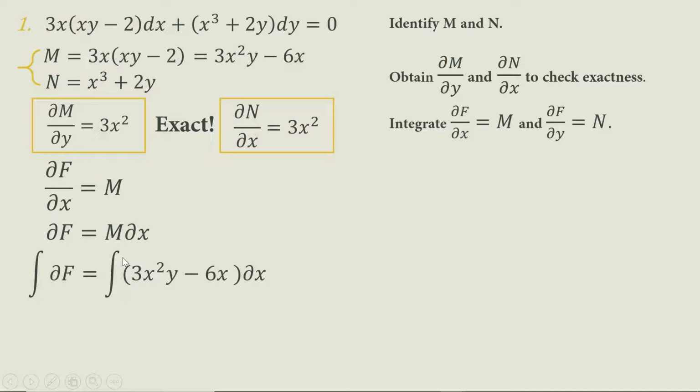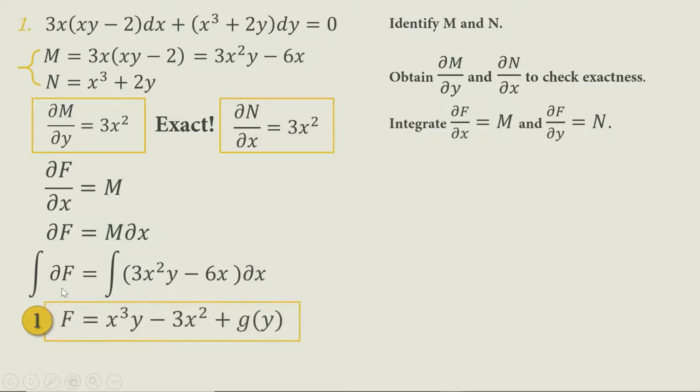Then we integrate both sides. The integration of the partial derivative of f is equal to f. Integrating 3x squared, considering y is constant, will be x cubed over 3. May 3 tayo na constant, makakancel yon, so magiging x cubed times y